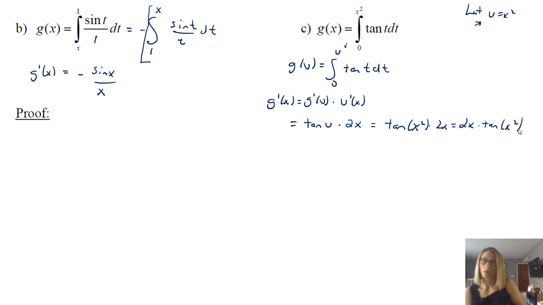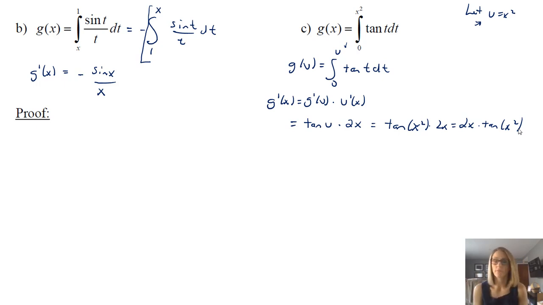or if you want, 2x times tan of x squared. So notice that your thought might be, oh, isn't it just tan of x squared? But it's not, because you don't have just x at the top, and the fundamental theorem requires just a variable, not a variable squared, not any kind of variability, I should say, in the variable.